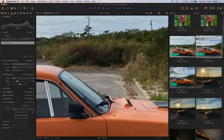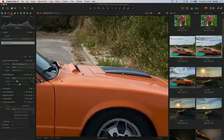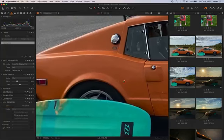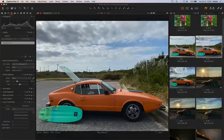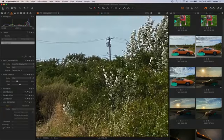So looking at details, I really like what I'm seeing here on the regular lens. I am not going to complain about this one. It is a little bit sharpened. That is not unexpected. Unfortunately, it's JPEG only. You're not able to get RAW files out of the iPhone. There is no Pro mode, which is a little bit of a bummer. It would have been a game changer for Apple to do so. Comparing this to the longer lens,